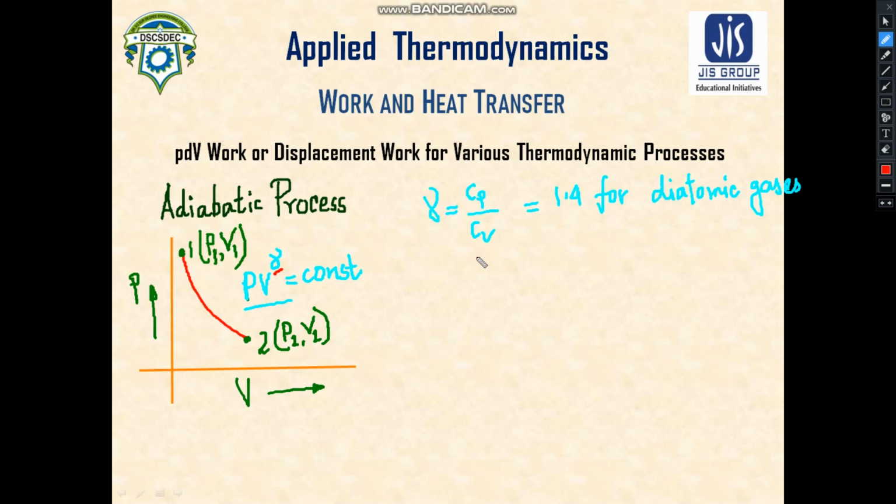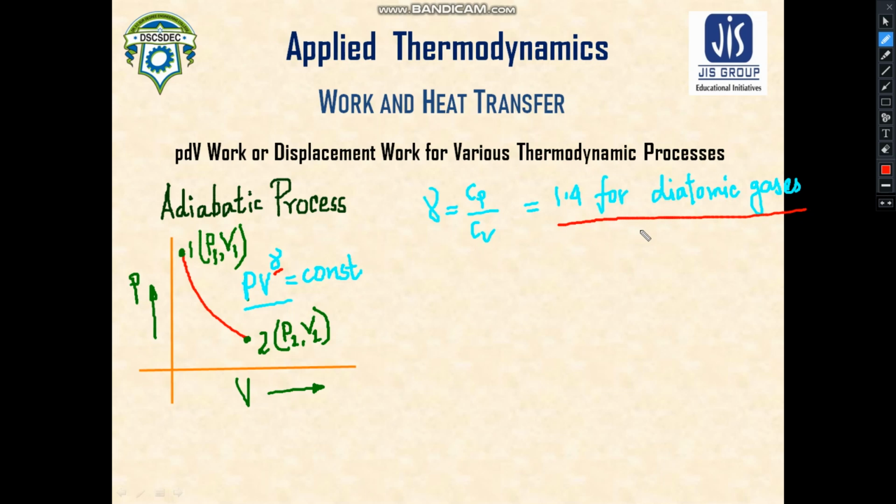If it is maintained at constant pressure, it is called specific heat at constant pressure. Gamma is the ratio between Cp and Cv,